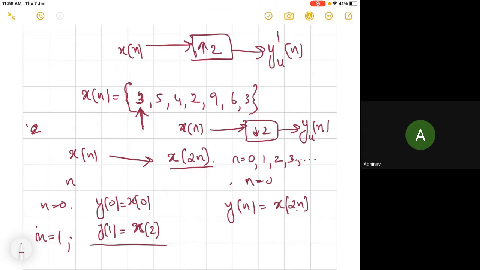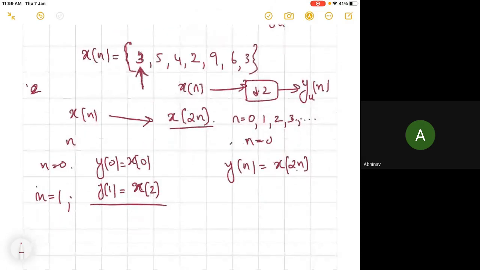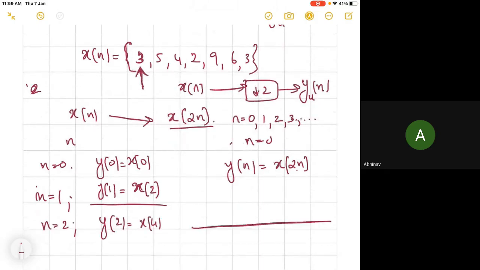N is equal to 1. So y of 1 is x of 2. So if y of n is x of 2n, then n equal to 2 means y of 2 will become x of 4. If you try to plot y of n, which is the downsampled version, let's represent that as yd of n, then yd of n will be